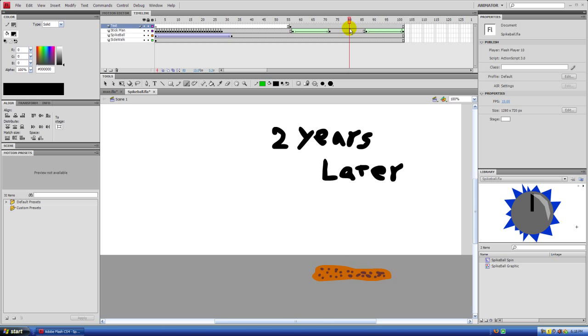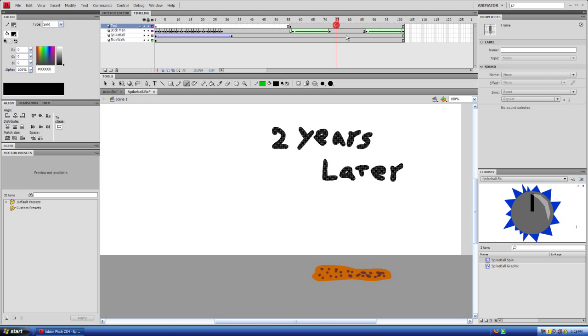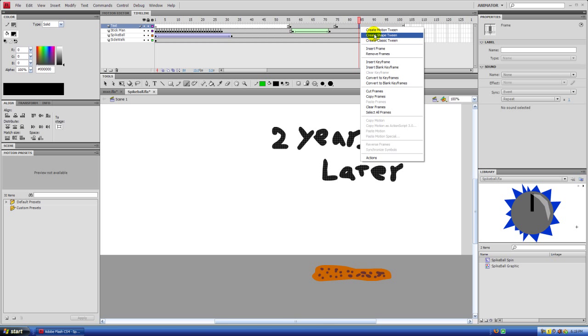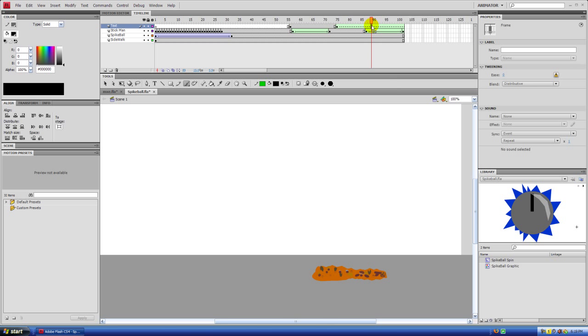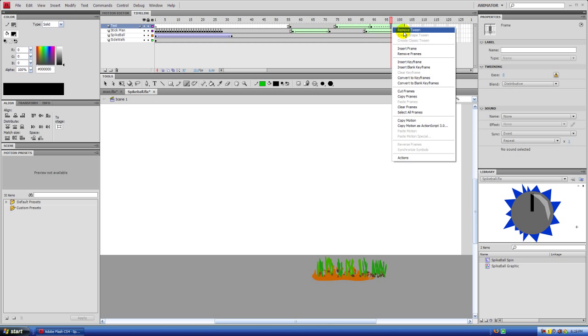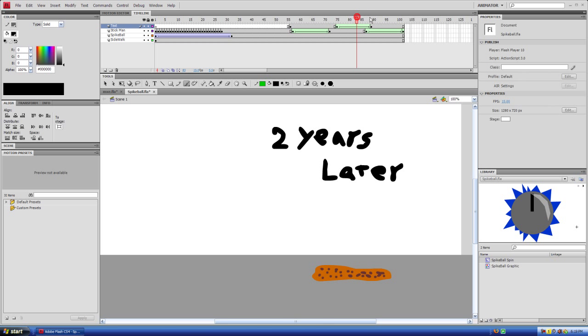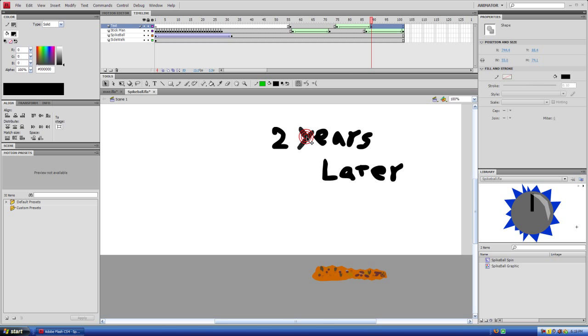Probably doesn't even take 6 months, but what the heck. So anyways, here we're going to create another keyframe right here, and create another keyframe right here. And then actually we'll just undo that, right click, create shape tween, and then we'll create our keyframe. There we go. And then we want to just remove this stuff at the end, remove tween, and then go right here and select everything,